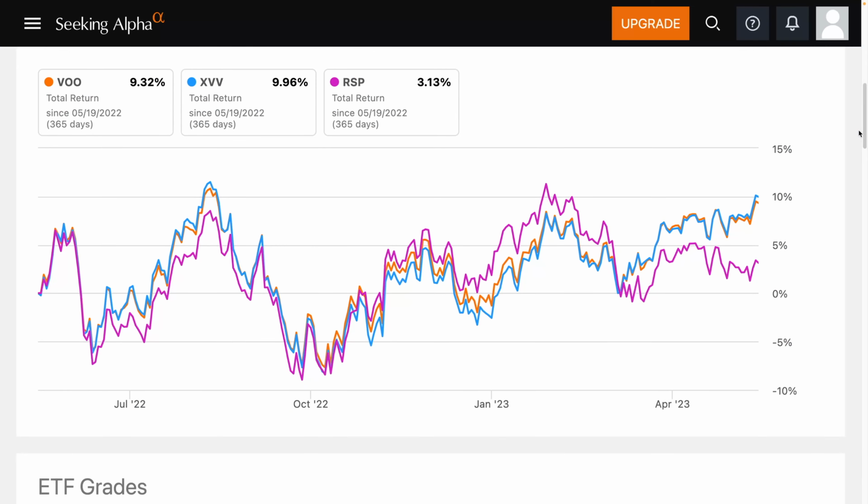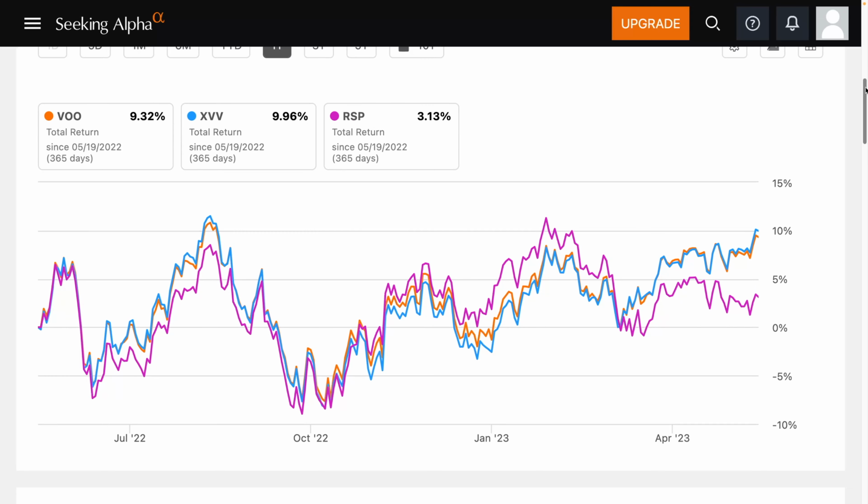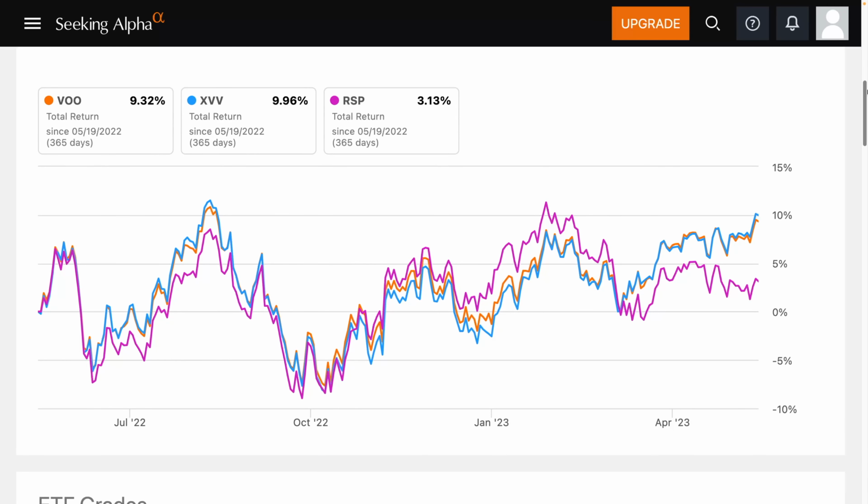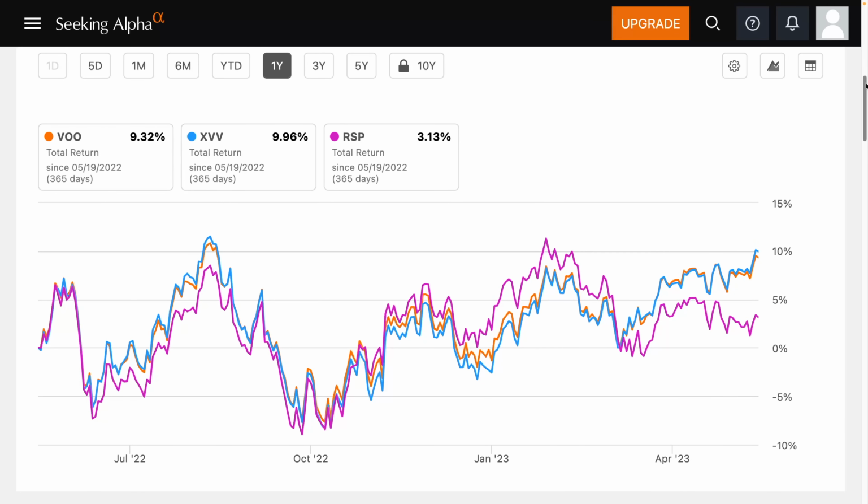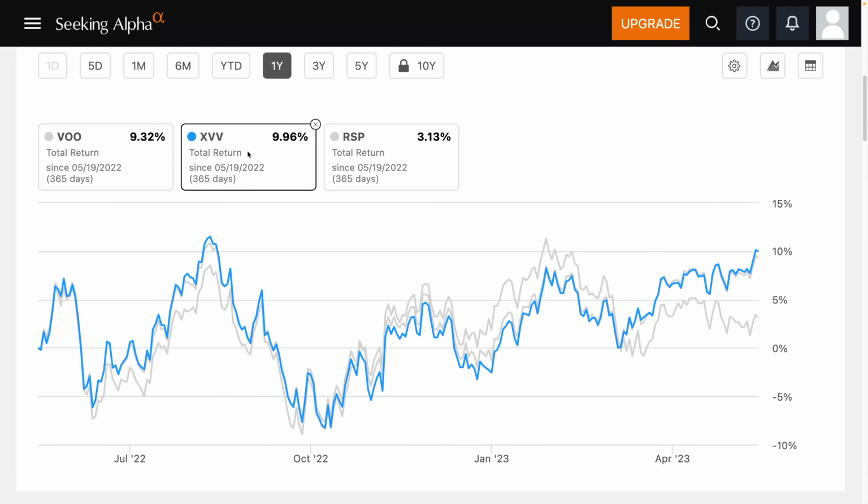All right, so what are my thoughts on this? I think based on the performance, the ESG is just too new to really see the benefits. And looking at the performance, it did better in the very short period of time, but it hasn't been around long enough. And with the higher expense ratio and the questionable metrics, so based on the limited performance of this ESG XVV fund, I would say that the performance isn't really good enough for me to justify making an investment